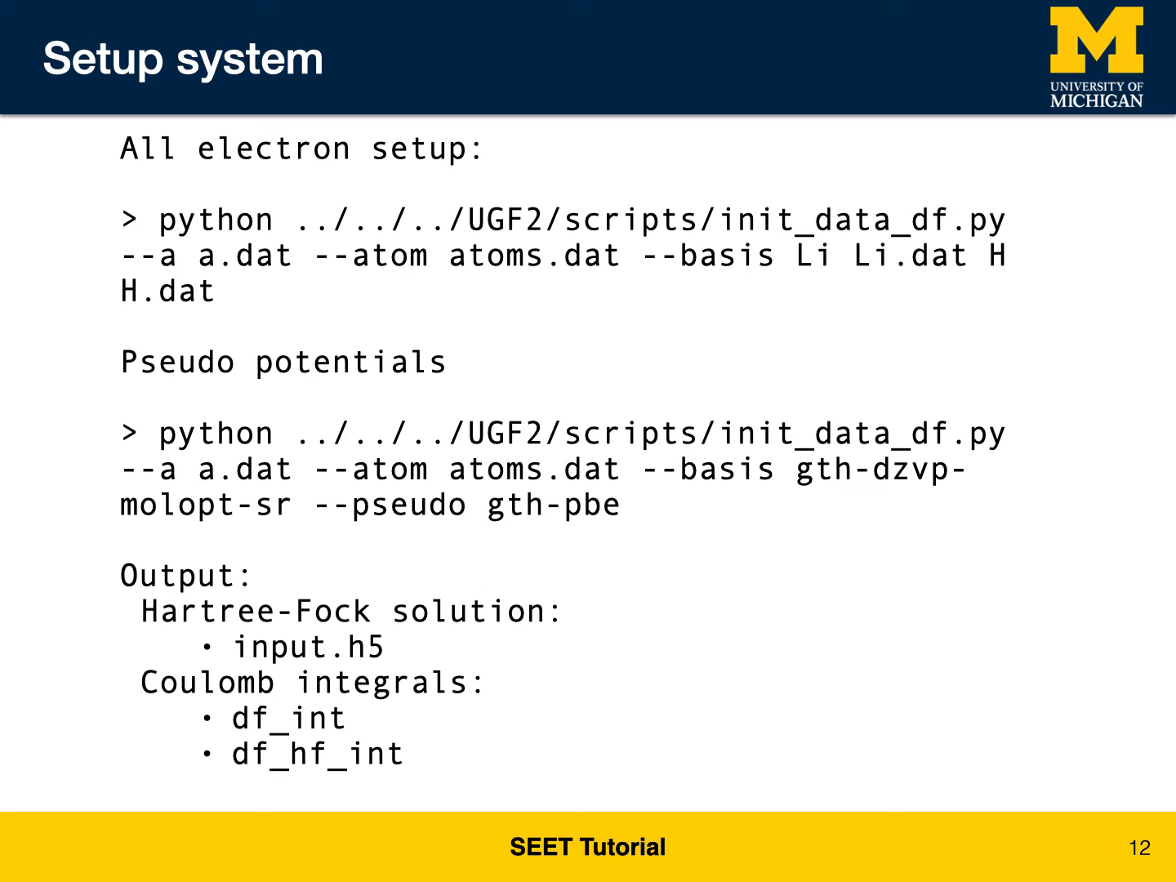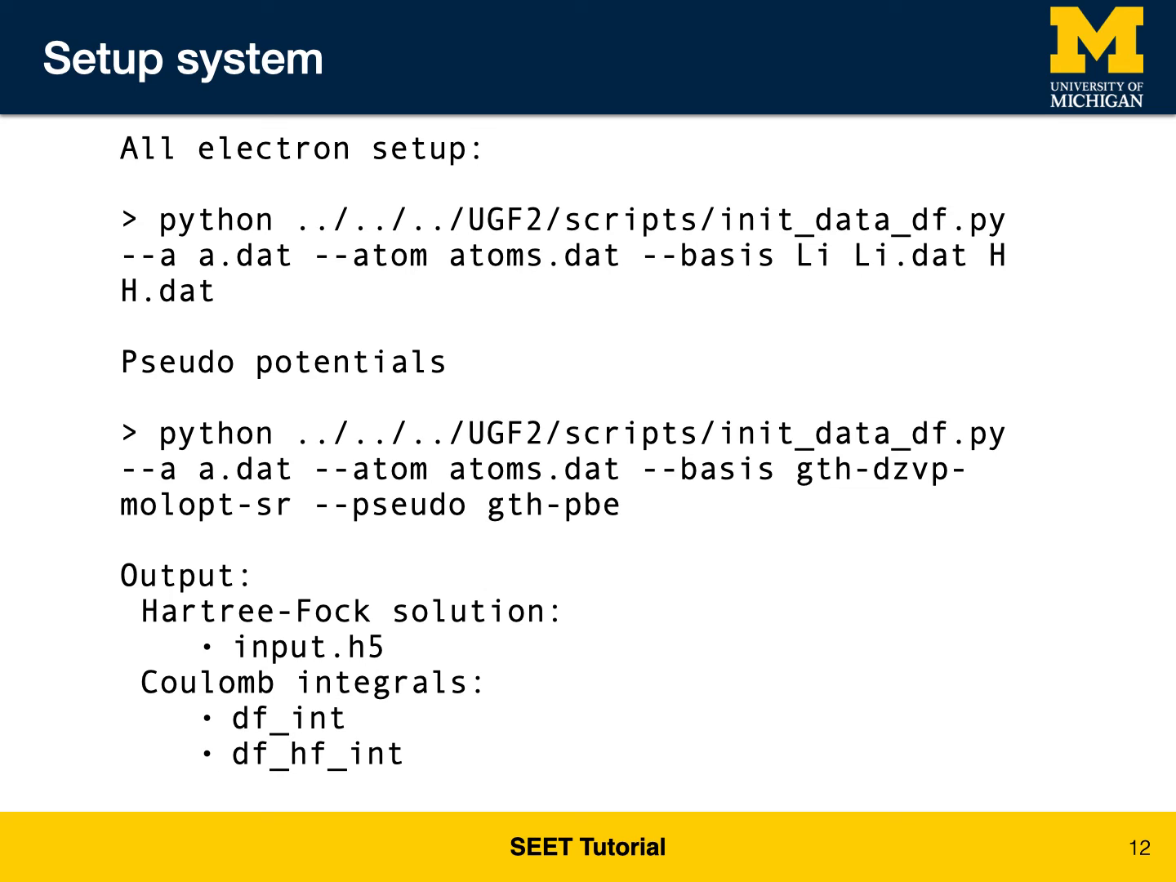Then you need to specify what basis you want to have for your atoms. So for example, you want to have different bases for lithium and different bases for hydrogen, and you specify individual files for these bases. Also, you can just have a single basis for everything in the system. You also can specify a pseudopotential by providing these arguments, and then you have 2 outputs in addition to all debug outputs: the Hartree-Fock solution or PBE solution is in your input.h5, and then you also have 2 sets of Coulomb integrals. One is df_int and another is